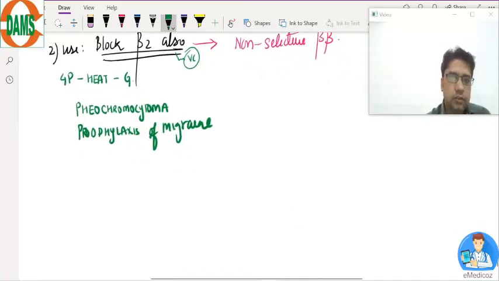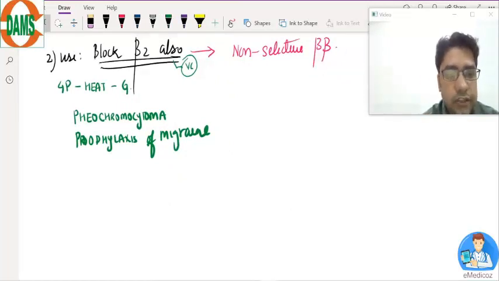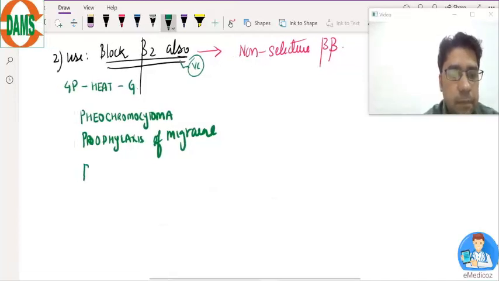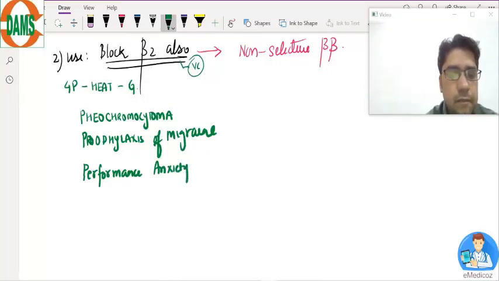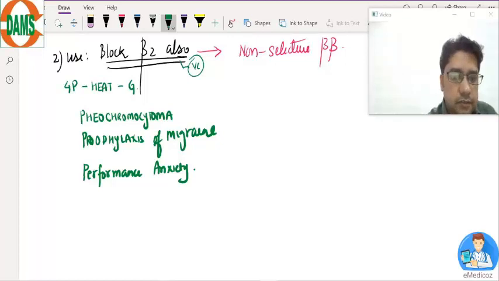Okay. No, celiprolol is not given in acute heart failure. Now, next point you will write. They are given for performance anxiety. See what happens in anxiety. Suppose tomorrow you have an exam. You have palpitation. You have tremors. Tremor occurs because of beta 2. Palpitation occurs because of beta 1. You have to block both of them. Performance anxiety. Okay. Next you will write they are also given for portal hypertension,